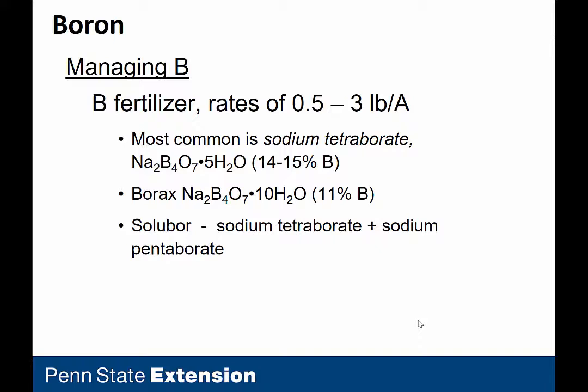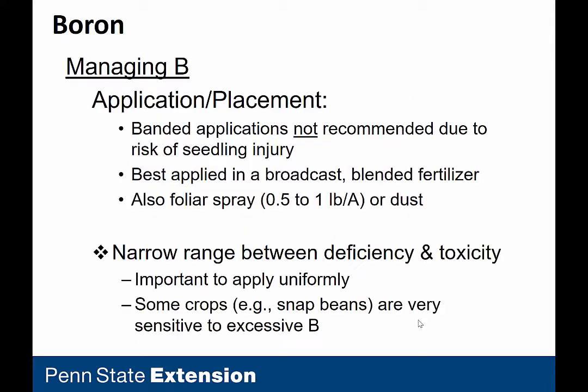For fertilizers, we've got a lot of different options. The most common, sodium tetraborate. Of course, we've got borax and Solubor. Applications or placement: in general, banding's definitely not recommended. Pretty significant risk of seedling injury. The easiest way to put it out is with a broadcast and a blended fertilizer, so you can get a nice uniform application. We can also put it out as a foliar, taking care not to exceed 1/2 to 1 pound per acre in any given application, and put it out with plenty of water so that we don't